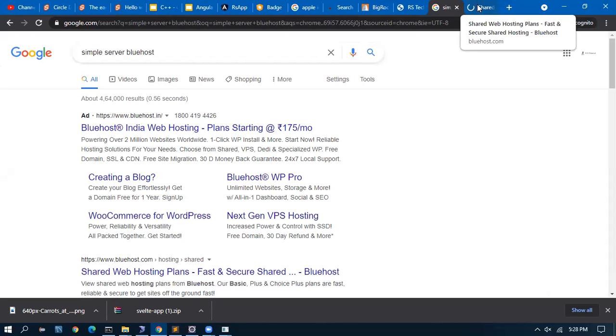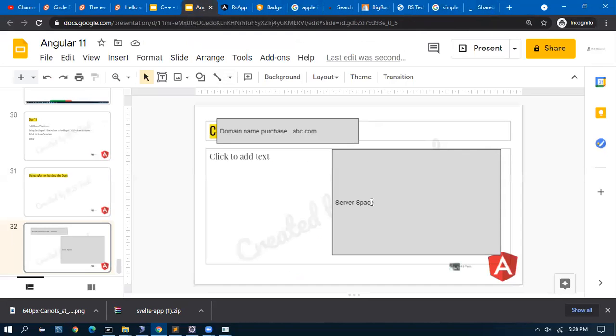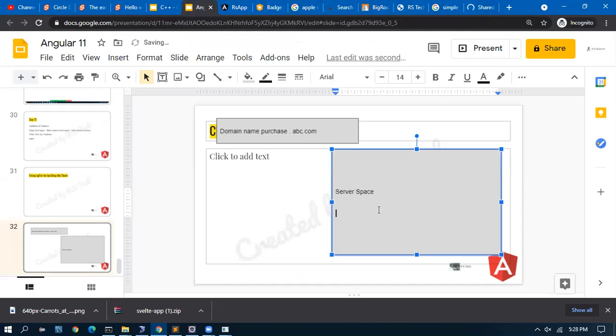So what they will do is they will give a space for us to upload the code. We have to install the Apache server in the space they have given, just like a hard disk. Then push our compiled codes, not the source code, compiled codes.